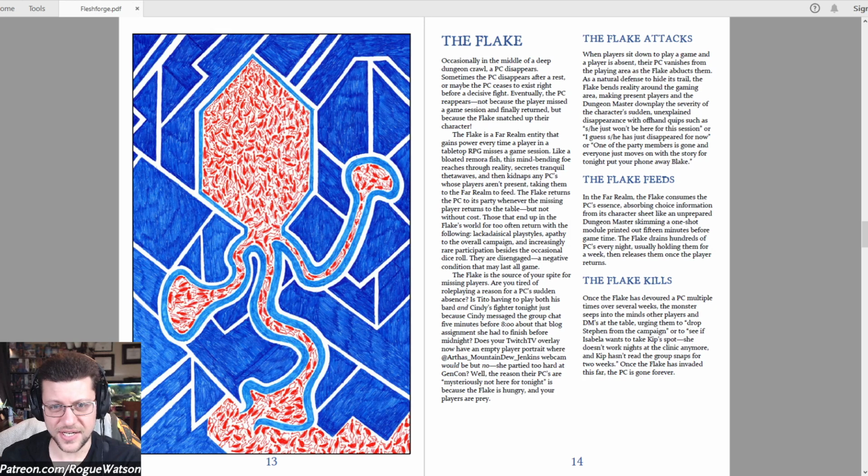I also want to point out the Flake, which is an incredibly good joke. So if you notice, some of these monsters do not actually have stat blocks. The Flake is literally a creature that plucks player characters when their players are absent. And I really want to read this entire thing. I don't think I'm going to, but it mentions the Flake is a Far Realm entity that gains power every time a player in a tabletop RPG misses a game session. Like a bloated remora fish, this mind-bending foe reaches through reality, secretes tranquil theta waves,